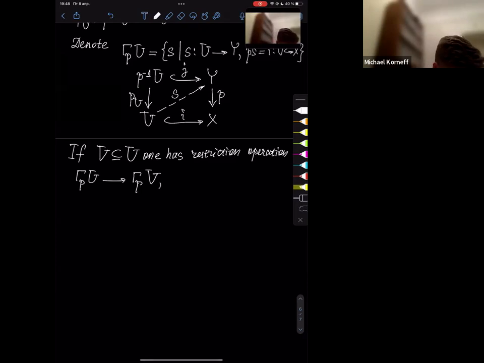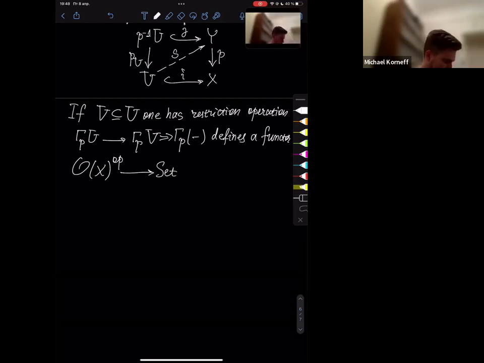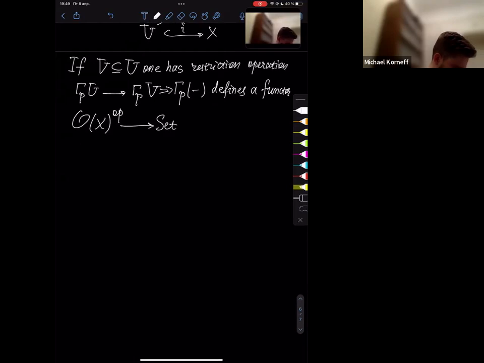and thus gamma defines a functor from the set of open sets, from the category of open sets to the category of sets. Okay, and also